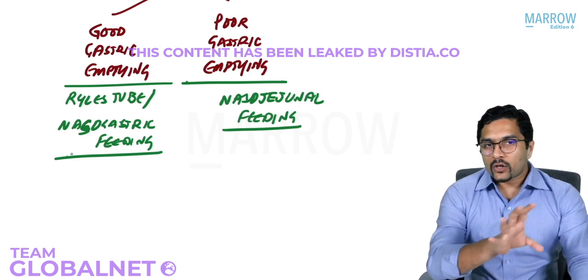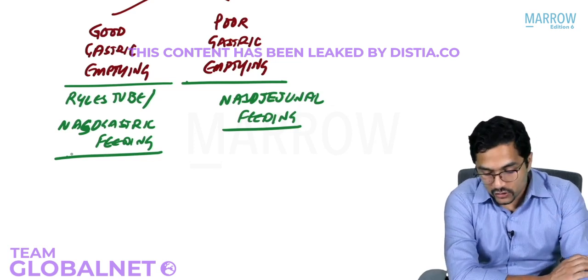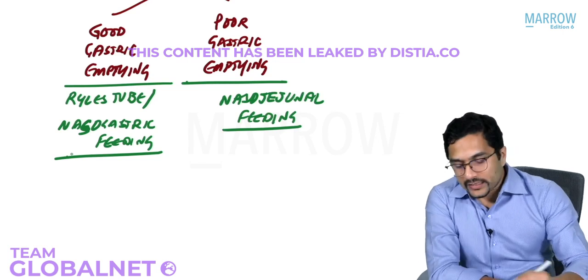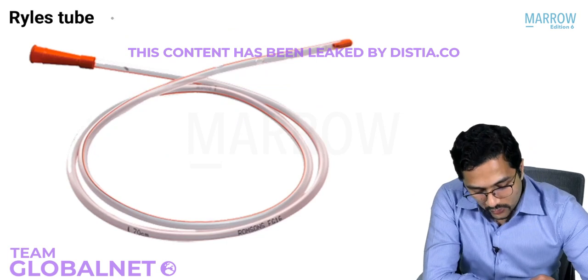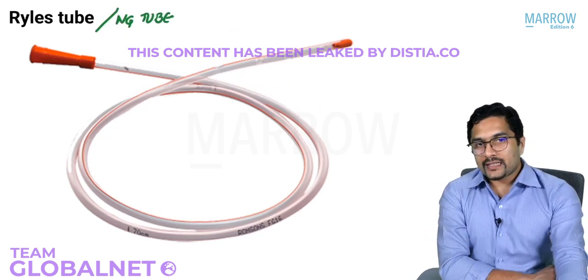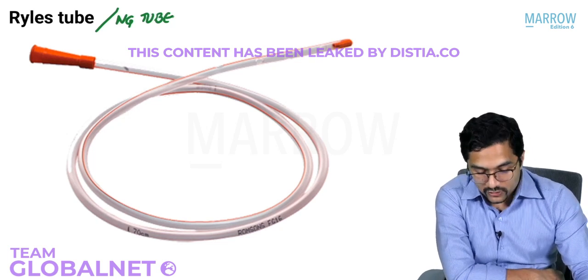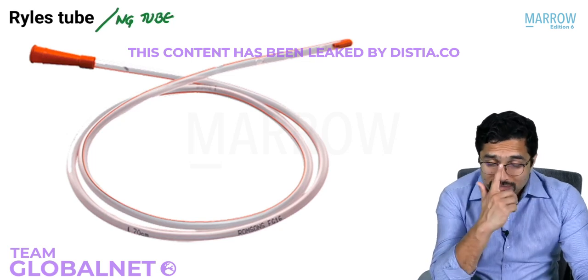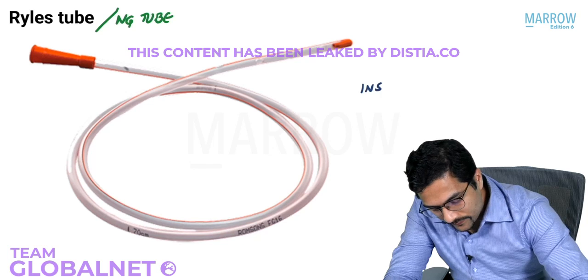Right? So let's talk about each one of them, because lots and lots of questions have been asked about Ryle's tube. Now, all of you know about Ryle's tube. This is what a Ryle's tube looks like. And Ryle's tube is also known as an NG tube, a nasogastric tube. And I'm sure as interns or postgraduates, all of you have inserted Ryle's tubes in patients. So the questions which you need to know for the exam,